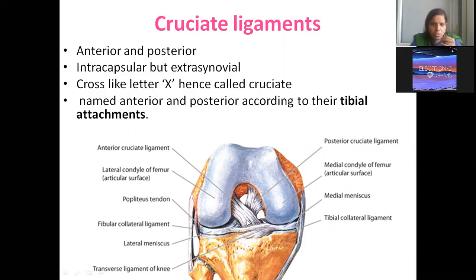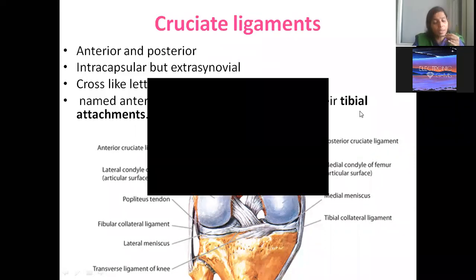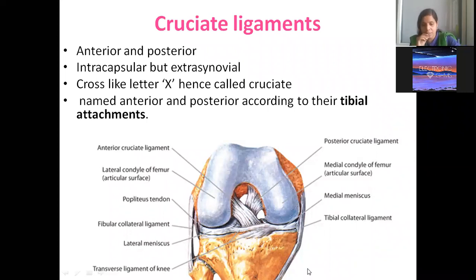Now, from this picture only you can make out. Do you remember the intercondylar area? We have talked about the attachments of the intercondylar area. I gave you one code to remember the attachments easily. So this is now the anterior aspect of the intercondylar area from where you are seeing the starting of the anterior cruciate ligament, which is running upwards, backwards, and laterally because this is fibula. And it is attached to the lateral condyle, but the medial surface of the lateral condyle. Because this is the lateral surface of the lateral condyle and this is the medial surface of the lateral condyle.